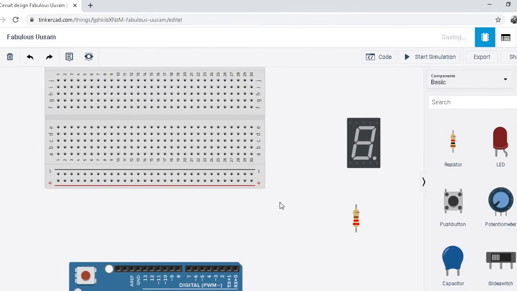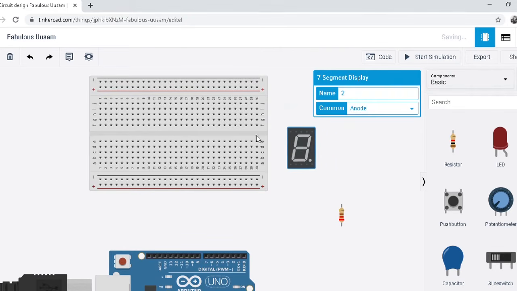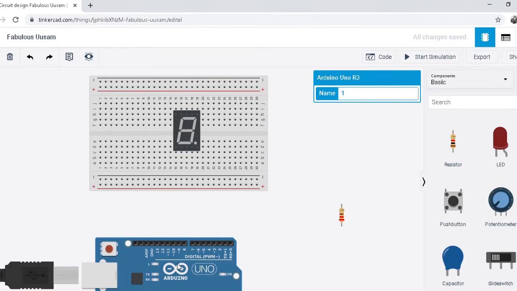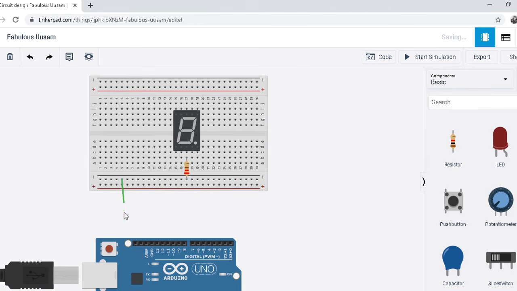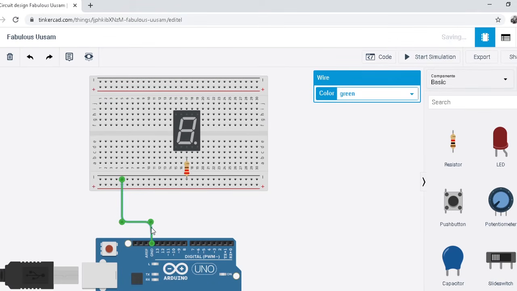Now we are going to do the circuit part, and we are attaching it on the breadboard. The resistor is attached to the common pin. We have two common pins, this one or this one. We can use only one, and this is the cathode, because we are using the negative wire and it goes to the ground. That is why we are using a cathode 7 segment display.